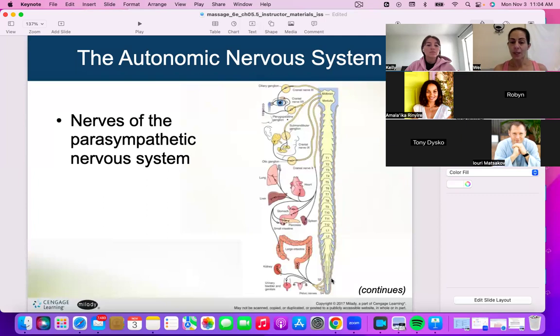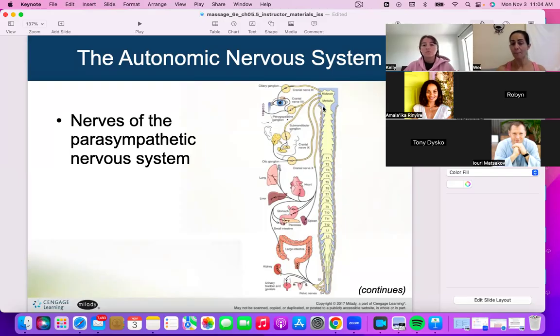And you have the S2, S3, S4, so the sacrum area, and behind the occipital area, or let's call it the midbrain medulla area, is where these parasympathetic nerves